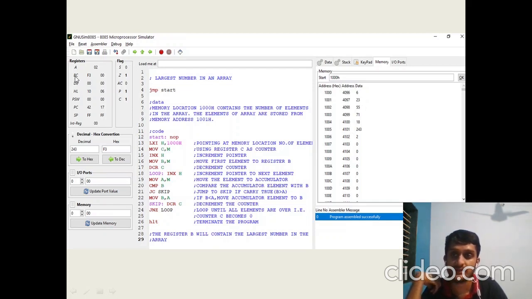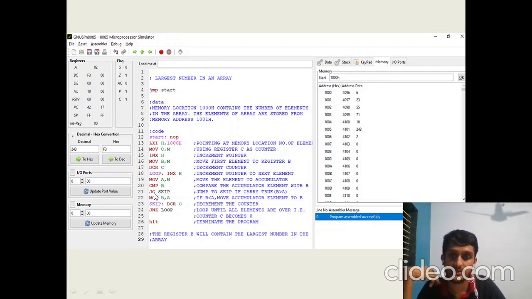We can see the BC pair here, this is for C and this is for B. B is holding F3, and this is in hexadecimal. If we convert it into decimal, we would see that it is 243, which is what we had expected at first. So this works correctly as per our expectations.